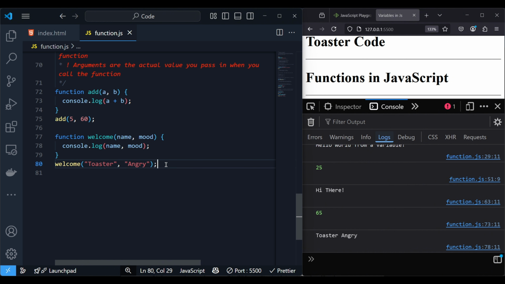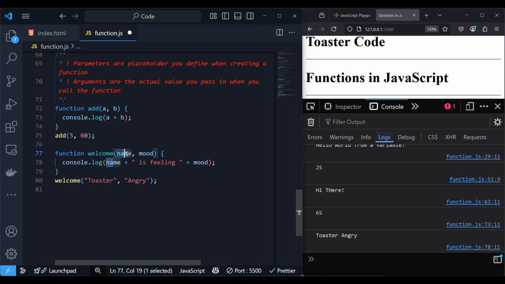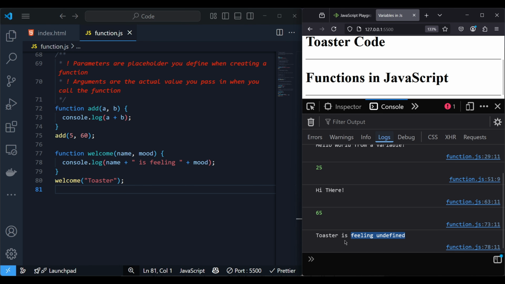Let's get back to our previous one, which is what I wanted to show you. Let's say you have mentioned two parameters over here. Name and mood are the two parameters which we are passing in this welcome function. Let's remove one argument from here. We still have two parameters, but we are passing just one argument. Now what will happen? Let's see the magic. Toaster is feeling undefined. JavaScript won't complain, but it will quietly set the missing value to undefined,